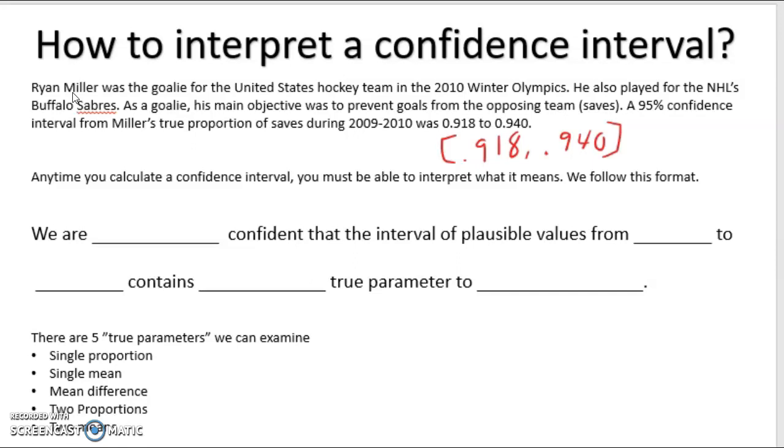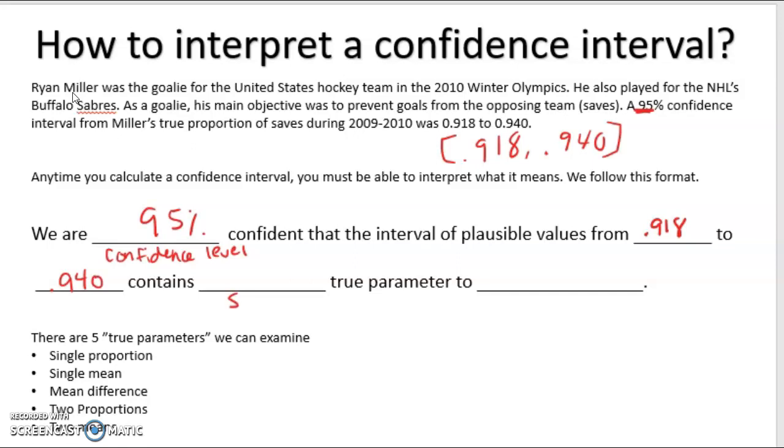The first thing is you talk about your confidence level. So it says we are 95% confident that the interval of plausible values, which just means the possible values within the interval, from 0.918 to 0.940, that always comes from your interval, contains